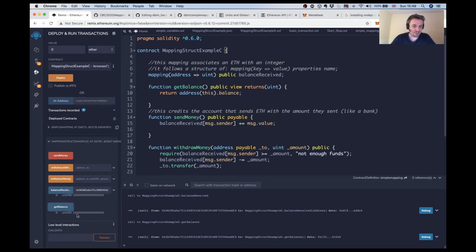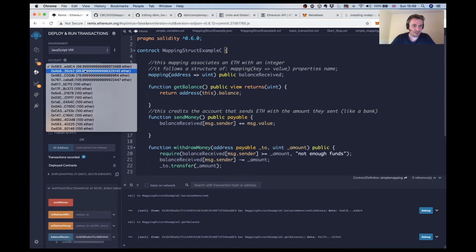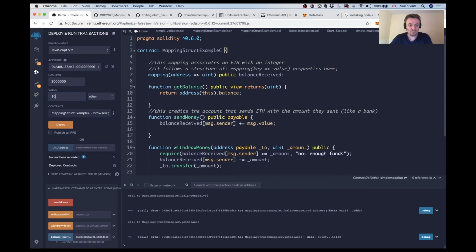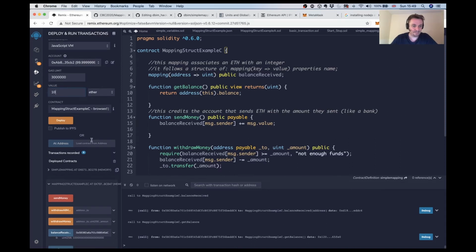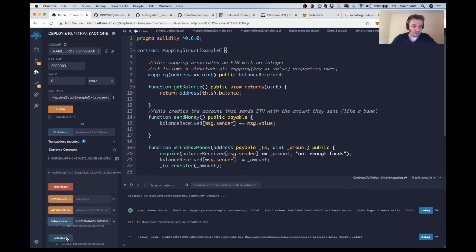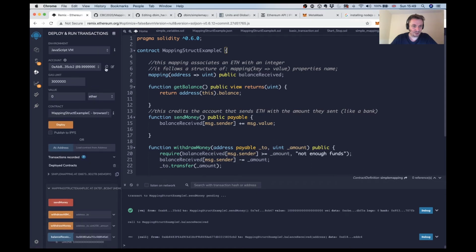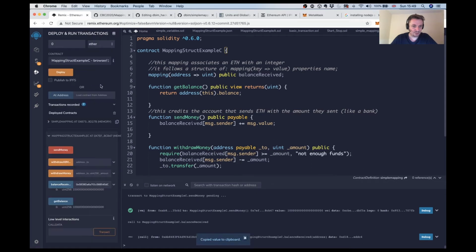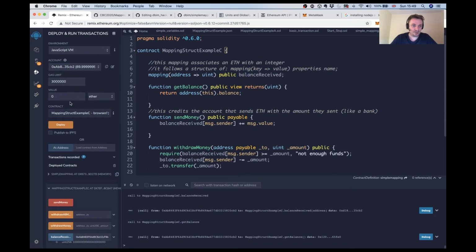And this gives me the credit for all of the accounts. So with the second address, I will send 10, send money, balance received. I need to also input that address, and you'll see that it's 10, and the full balance is 11 Ether. And now if I try to withdraw 2